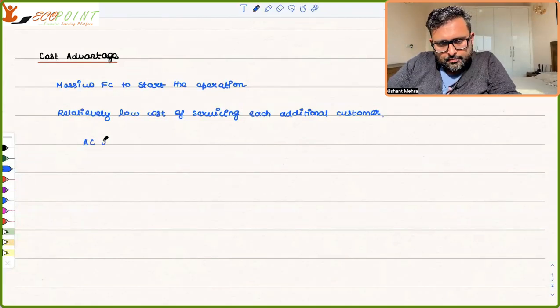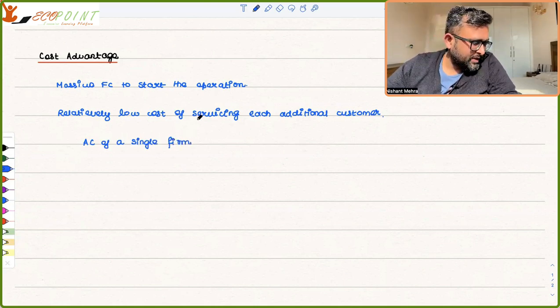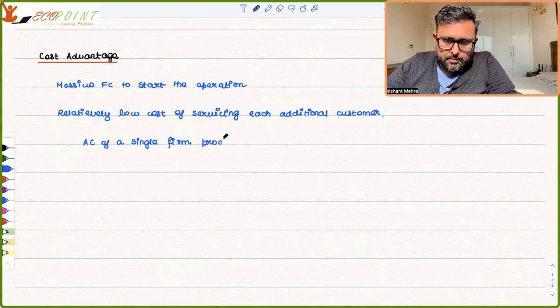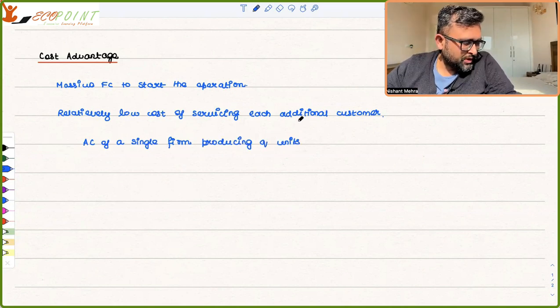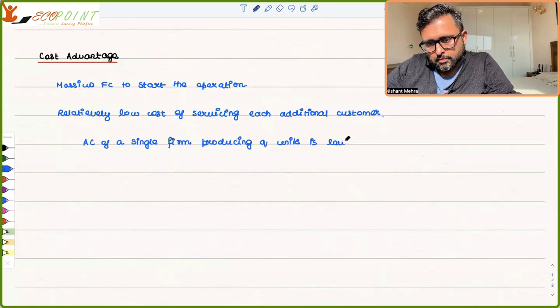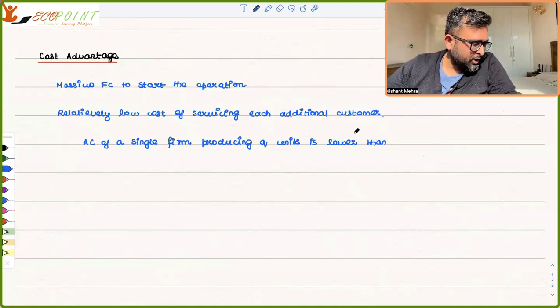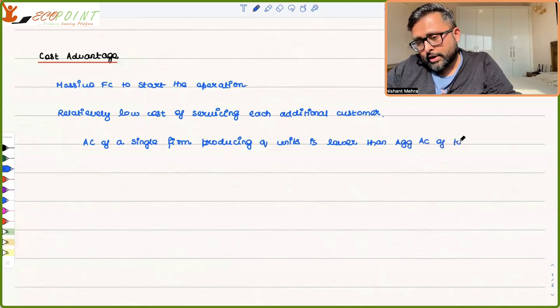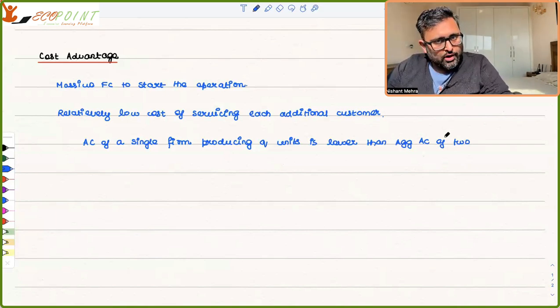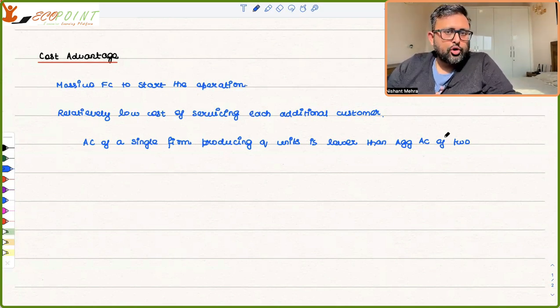AC of a single firm producing Q units is lower than the aggregate AC of the two firms. अब आप क्या शो करना चाह रहे हो कि भैया अगर मोनोपोली है तो जो एवरेज कॉस्ट आएगी वो कम है एज कंपेयर टू अगर टू फर्म्स हो जाएंगी। टू फर्म्स का क्या मतलब है? कंपटीशन है। मोनोपोली का क्या मतलब है? कोई कंपटीशन नहीं है। सो because of the cost advantage also, it is better in few cases to have just one firm, to have monopoly